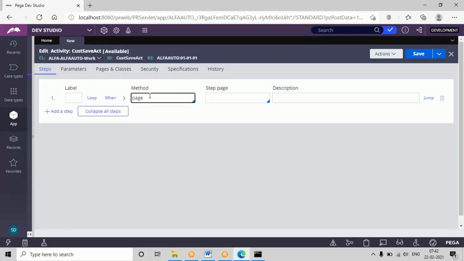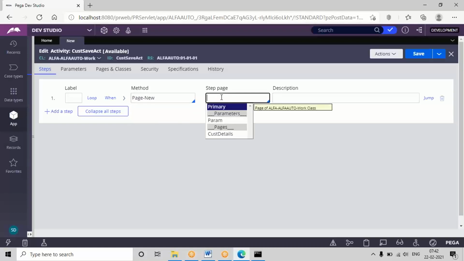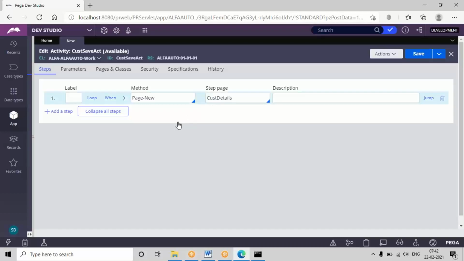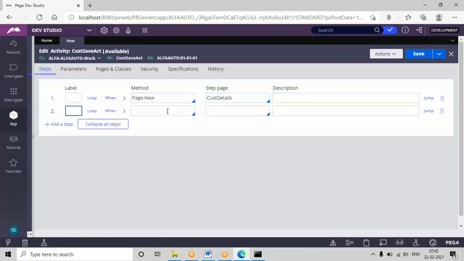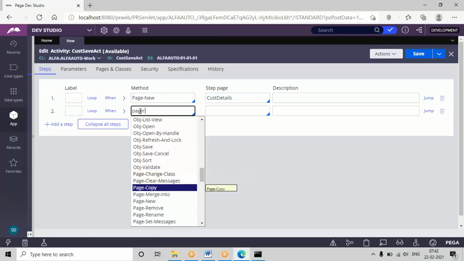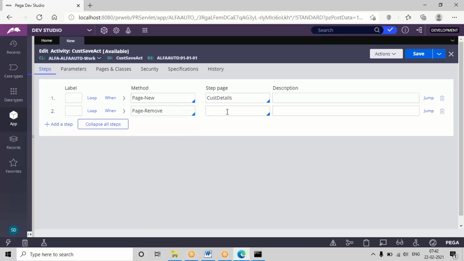You can add page new, the user page is customer details, and in the last step of the activity you can include page remove.